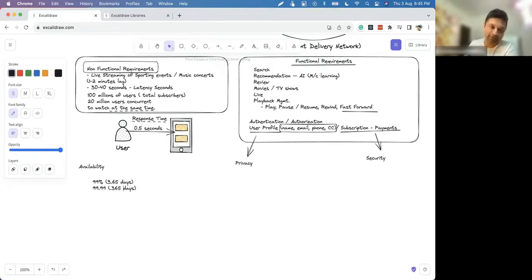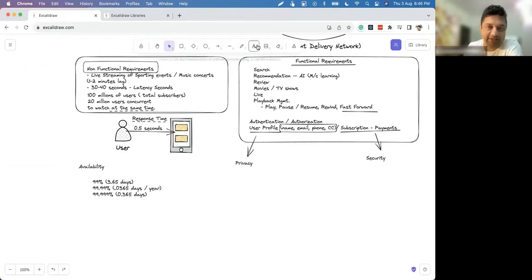Right, so maybe 4 nines, 5 nines. Yes, you would need actually around 5 nines of availability. 4 nines are also fine, because that means 0.365 days down per year, right? So 4 nines or 5 nines availability is something which we'll be preferring here.